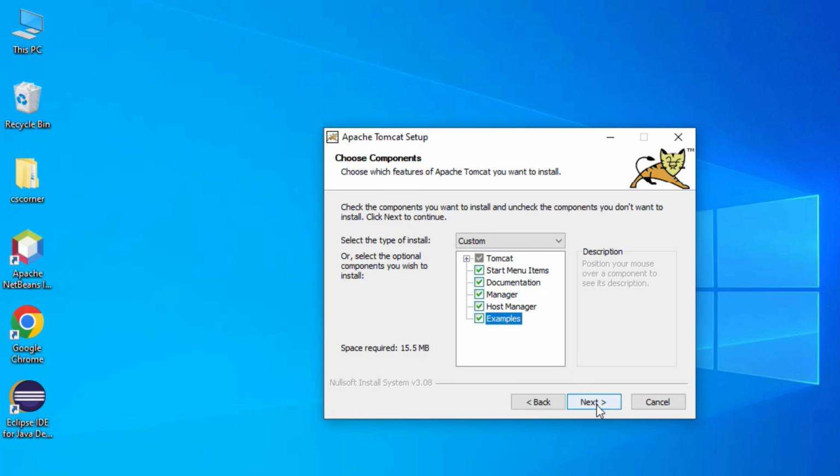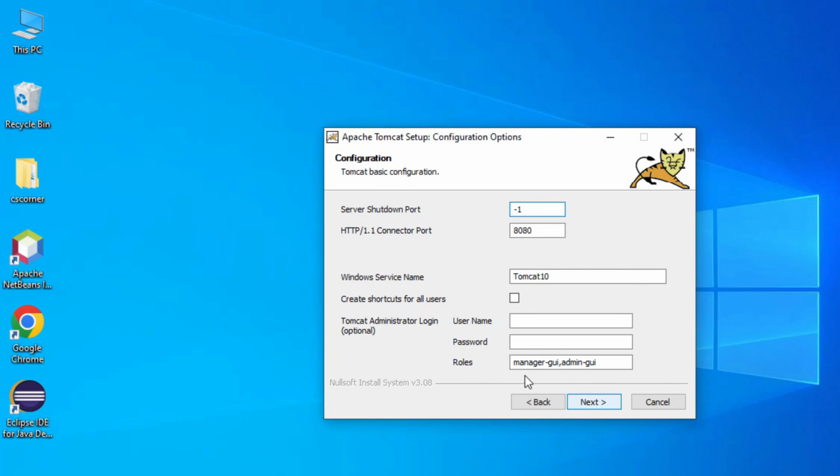on the next button. Now here it is going to install your Tomcat on the port number 8080. So if this port is free, it is not going to create any problem. Otherwise, it is going to show you an error message later on that the port is already bound whenever you are going to configure in Eclipse. So let's install it on default port 8080. We'll see what happens later.